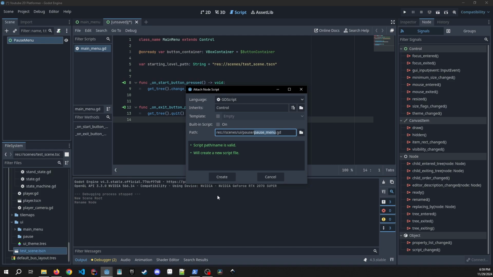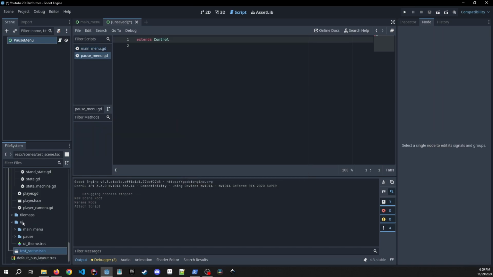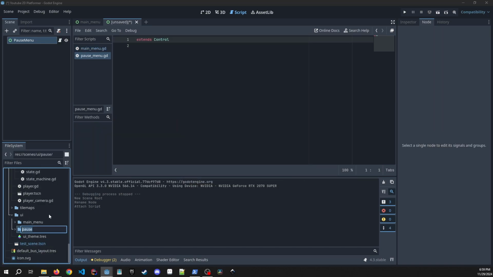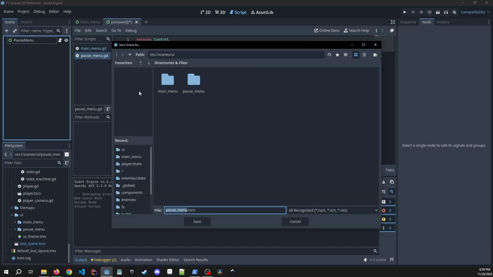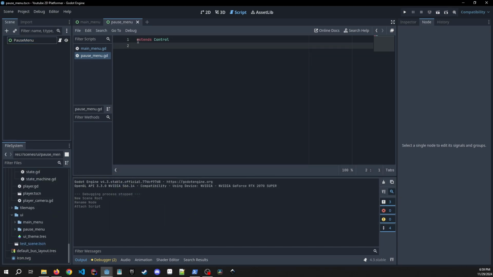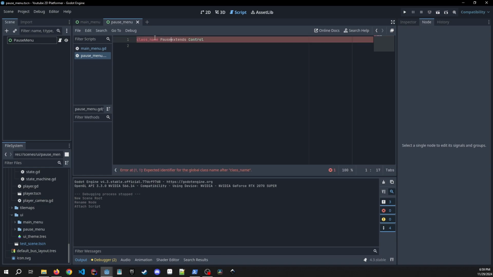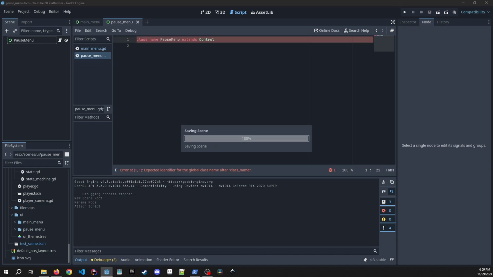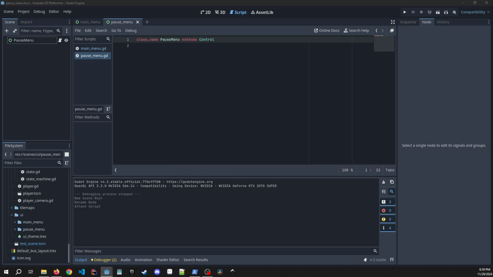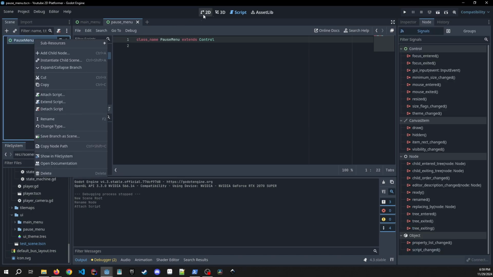Okay, accidentally named it pause. That's fine. Fix that right now. Okay. And also save the scene in here. We're going to class name this pause menu, and then press save. And we're going to make this very basic for now. Okay. So all we're going to do in here visually